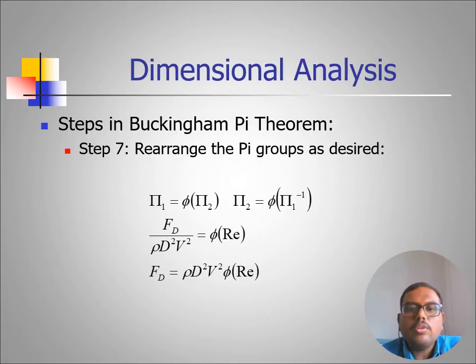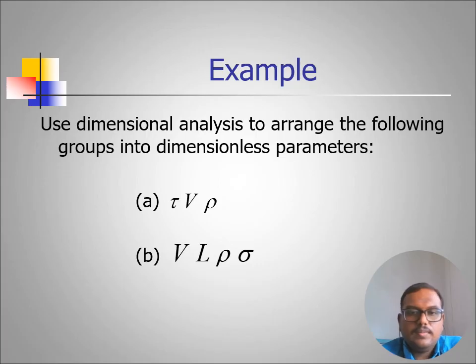Now we rearrange the pi groups as desired. As I have already told you, pi 1 is a function of pi 2, so Fd by rho d squared v squared equals a function of the Reynolds number, mu by rho V d. So Fd equals rho d squared v squared into a function of the Reynolds number. So we can see that